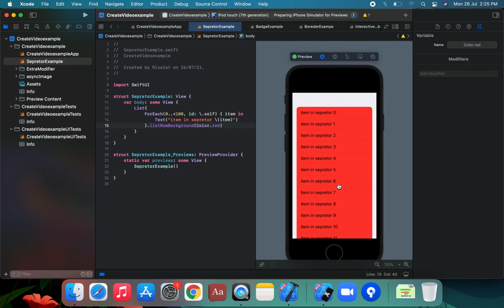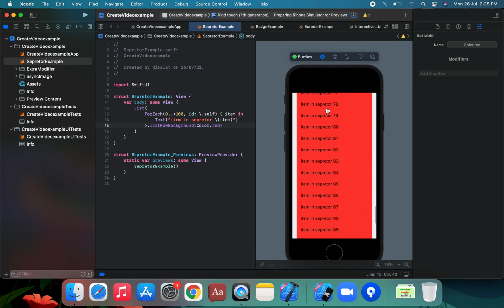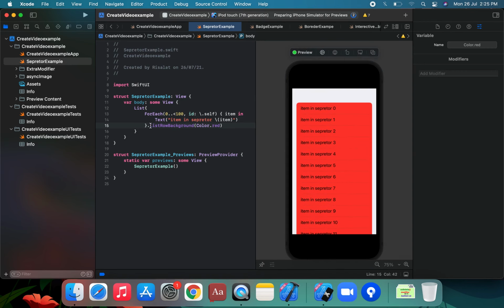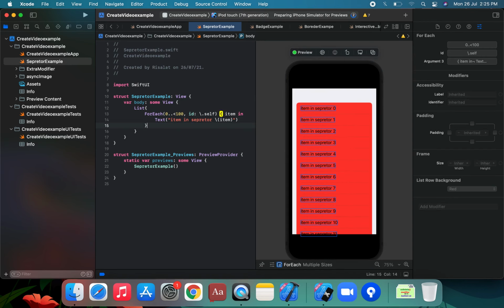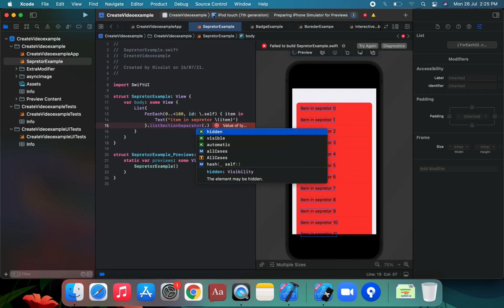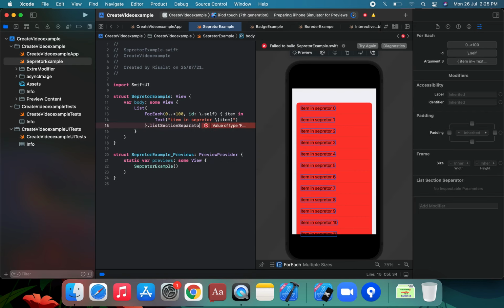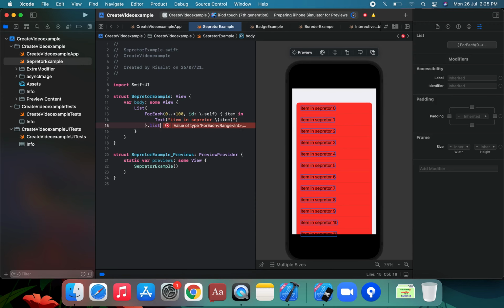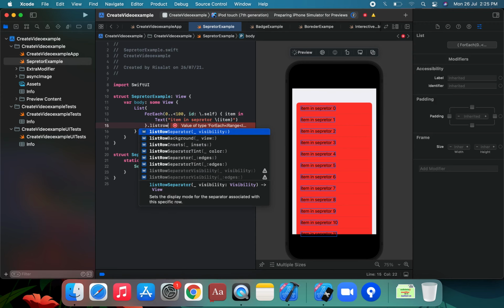Sorry, listRowBackground, and we can assign the list row background. There's also the section separator style, sectionSeparator dot hidden or automatic, which is able to not apply the section separator. This is the list row color separator, which is the background separator, and we're going to use a tint separator.